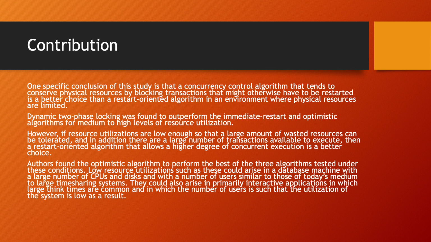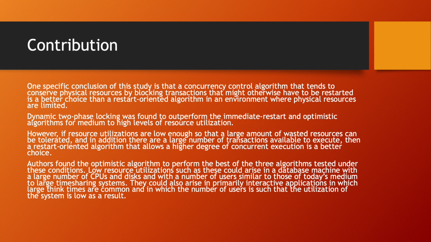Contribution. One specific conclusion of this study is that a concurrency control algorithm that tends to conserve physical resources by blocking transactions that might otherwise have to be restarted is a better choice than a restart-oriented algorithm in an environment where physical resources are limited. Dynamic two-phase locking was found to outperform the immediate restart and optimistic algorithms for medium to high levels of resource